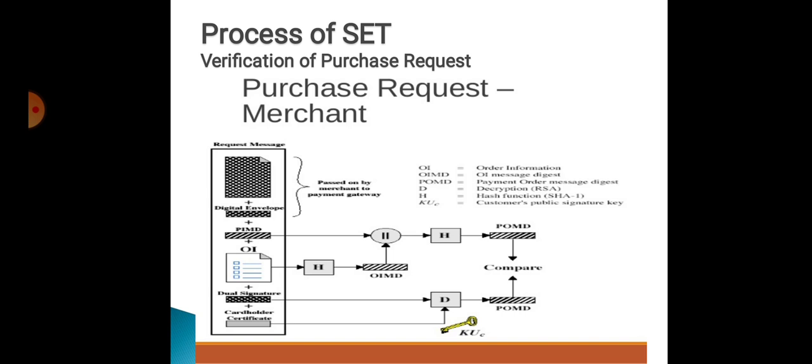Okay, now the next topic is the payment process. We have seen two processes, that is request and verification. The request is sent by the customer, and the verification receives the message and all the data, using MD5 with the dual signature and hash functions, and responds to the message. That is the total process of verification. Now the next point is the payment process.